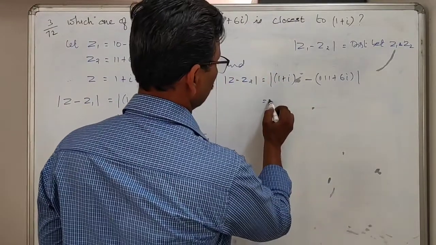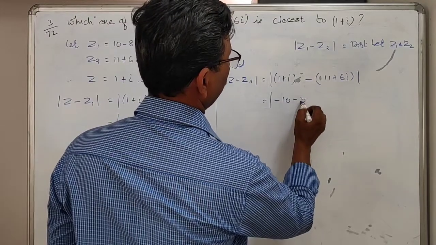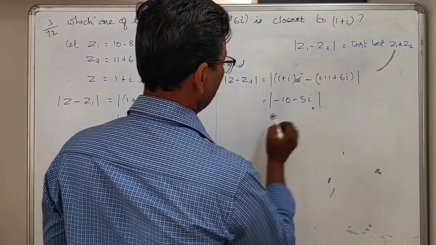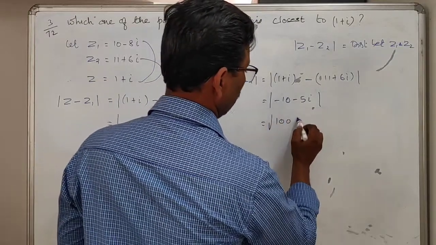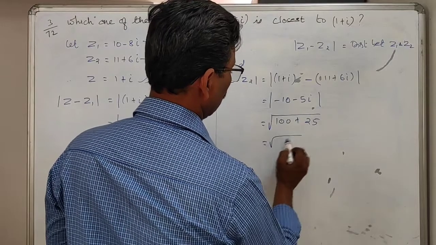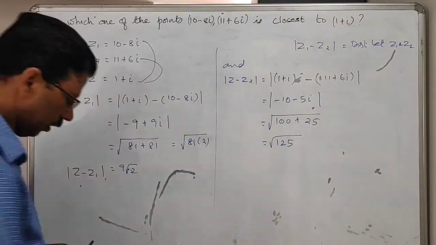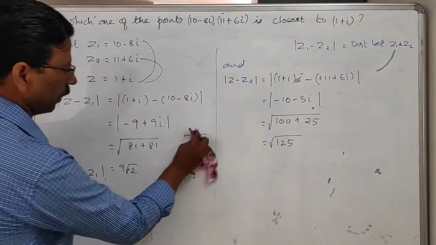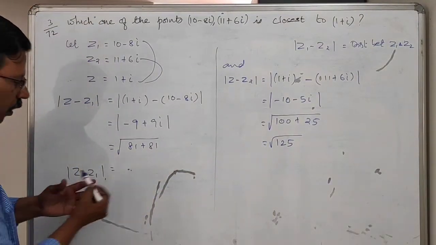Now, which is equal to modulus of minus 10 minus 5i, which is equal to root of 100 plus 25, which is equal to root of 125. Root of 125, or it is better to keep this not like this, because for comparison purpose I am changing this as root of